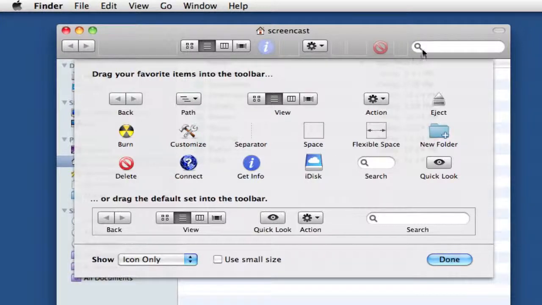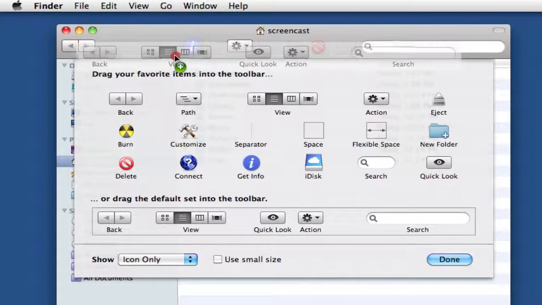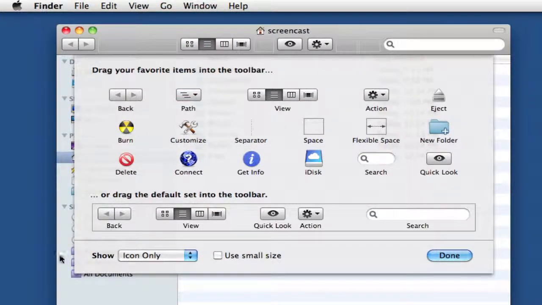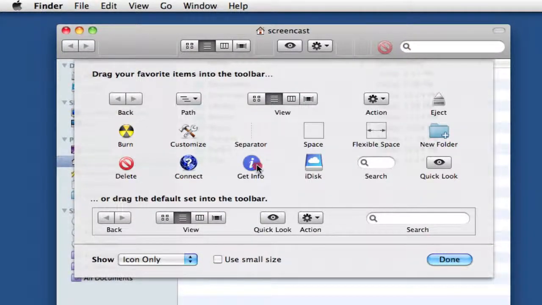This is the search, and of course we have that. If you didn't want a search bar, you can take it off. But you don't need to worry, because you can always add it back in just like that. If you got rid of the standard little set of icons, you can always put everything back the way it was, the default set right here. So let me put the delete back up here,